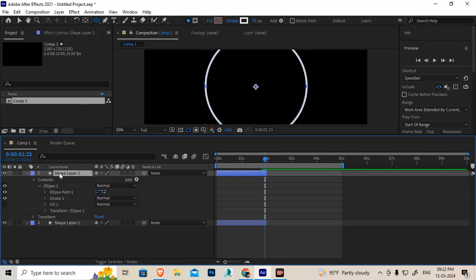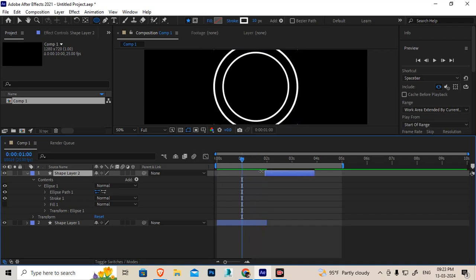Now, selecting shape layer 2, press Control Alt Home, then Control Home. Now, this shape should start working from around 1 second onwards. To move the layer to the place of 1 second,